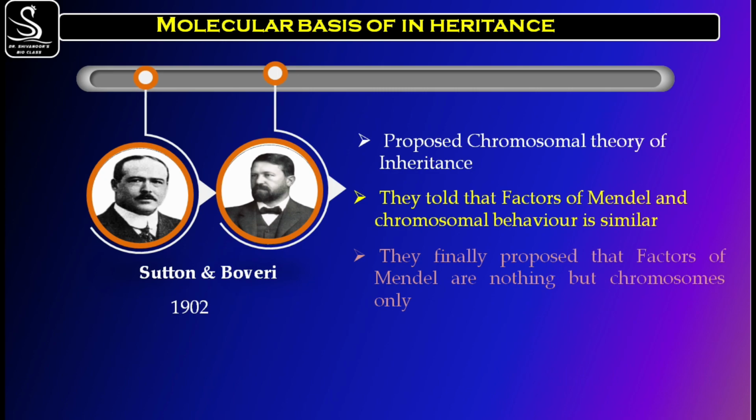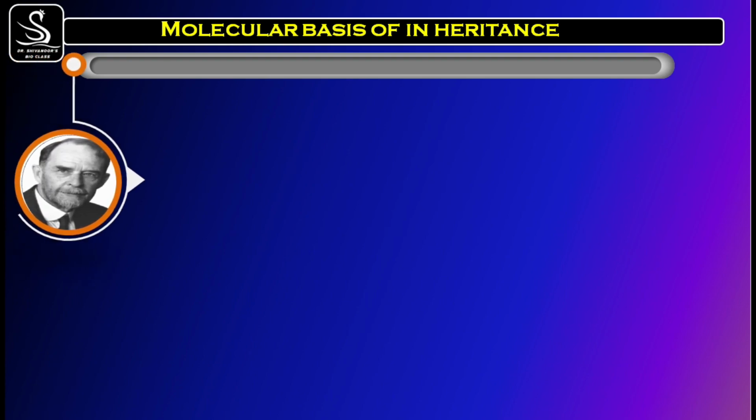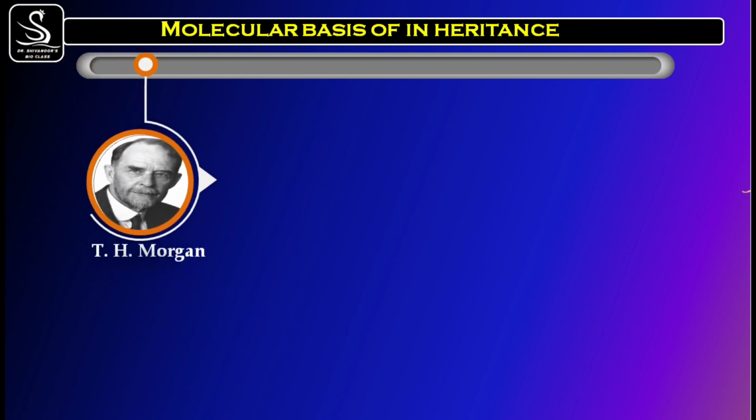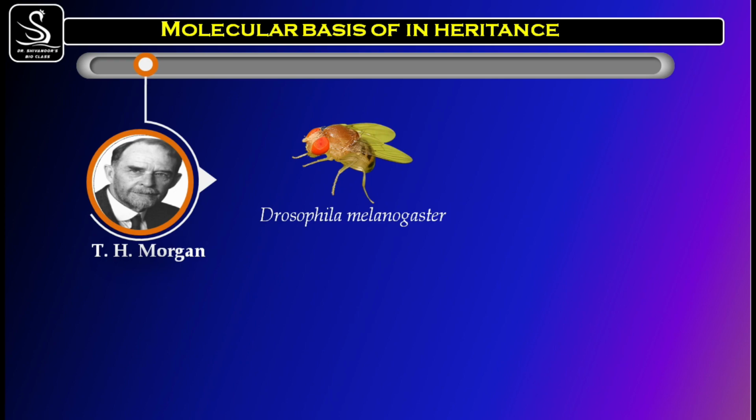Then by later discovery, it came to be known that chromosomes are made of proteins as well as DNA. Further discovery was observed in the year 1910. One of the scientists, Morgan, along with his students, worked on Drosophila melanogaster. Do you know why Morgan, along with his students, started to work on Drosophila melanogaster? What was the main agenda of their experiments? Students, their main agenda to start work on Drosophila melanogaster was to give proof for the chromosomal theory